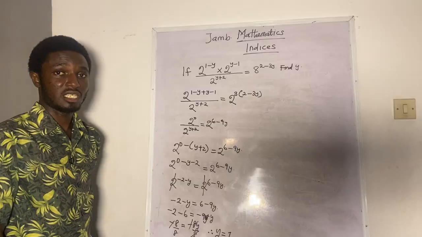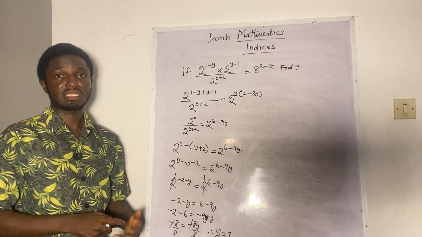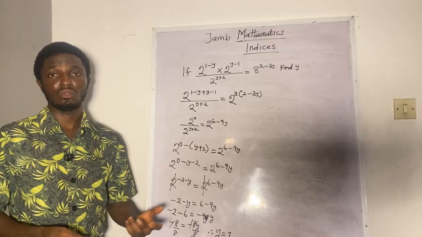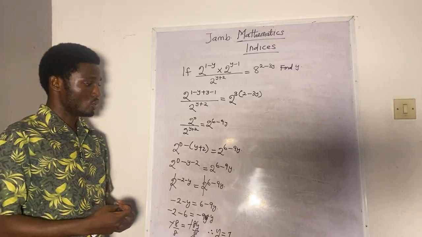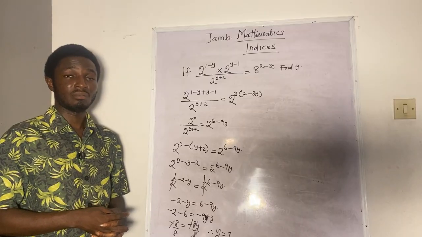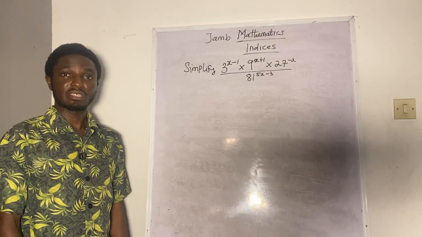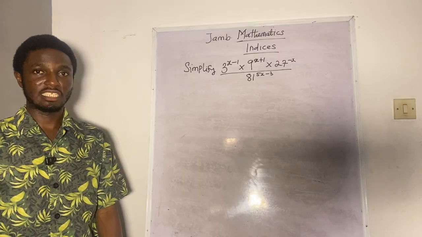Majority of the times, JAMB will give you a very large expression like this, and the answers end up becoming either 1 or 0 or more. So you can see how this problem has been solved. They come out every year in your exam. It's also another problem that JAMB brings out every year, and you will see it also in this JAMB